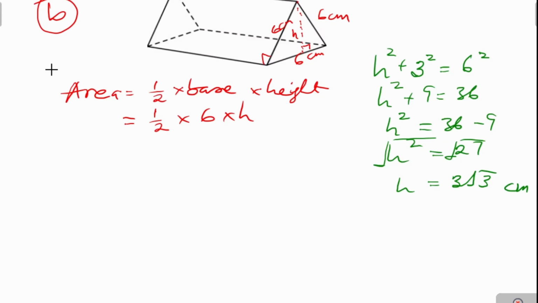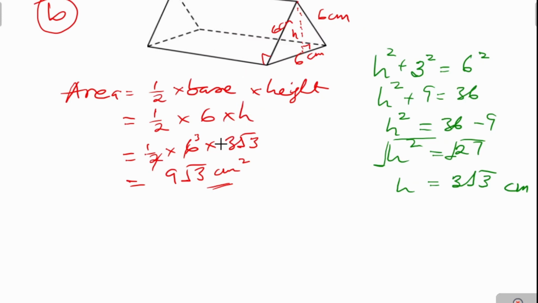So now coming back to the area of our triangle, we are going to get 1/2 times 6 times 3 root 3, and this one will go here 3 times. So 3 times 3 will give us 9 root 3 square centimeters as the area of only this side of the prism. Then I would like to find the area of the rectangular side, so that after that I put